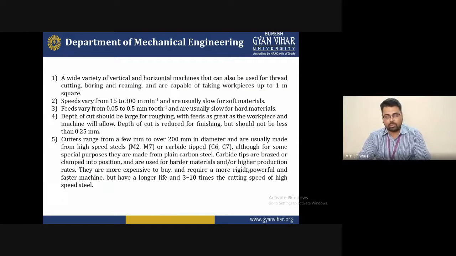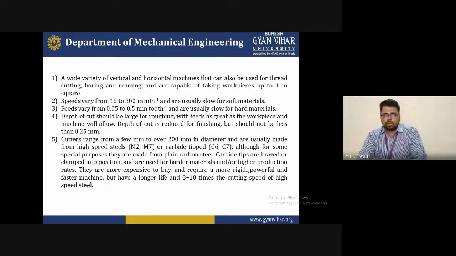We have to keep in mind it is a 15 minimum and a 300 maximum meter per minute requirement for this operation. So the minimum speed is 15 and the maximum speed is 300 meter per minute. Okay, and the minimum feed rate is 0.05 to 0.5, the standard used for the cutting speed. The feed rate is required to understand the special geometry, or can also be used for a special purpose. So there are some ranges decided.